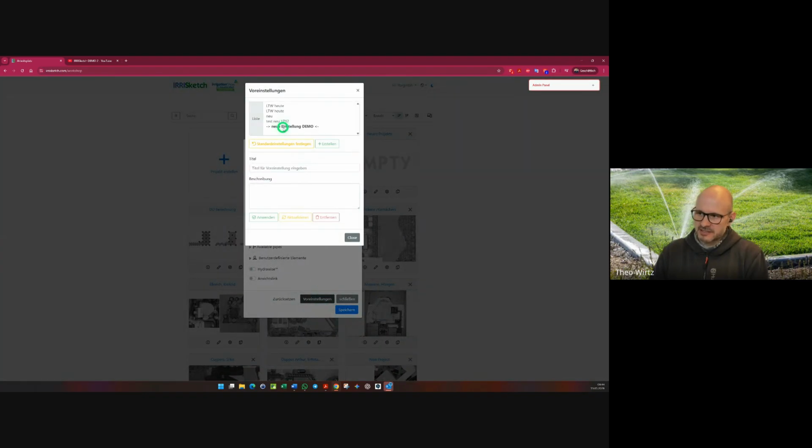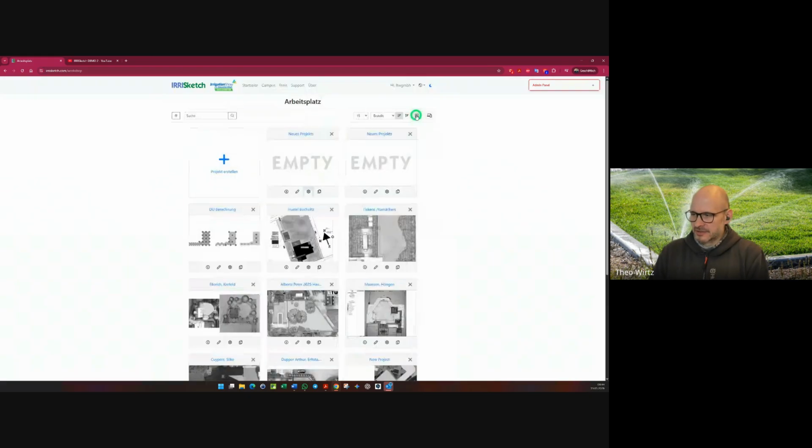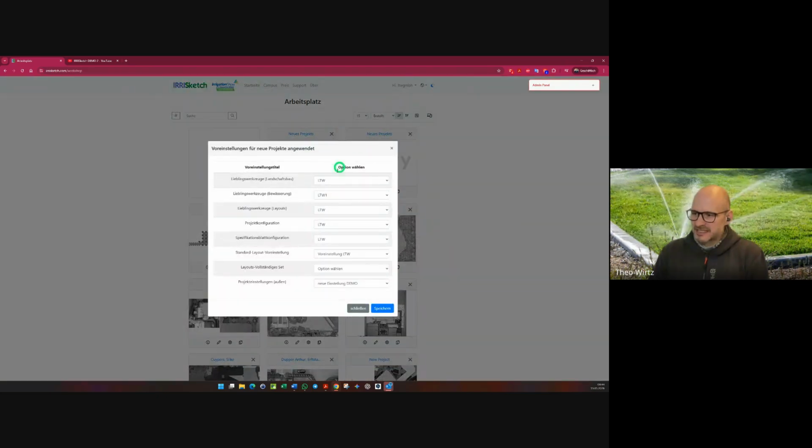You can see it there, the default setting is saved as well. And what you can of course also see here in this slider is that there are very many other presets. They're available for external project settings. That's what we were just in. Then we have various settings for layouts. In other words, we'll come back to how to set up the layouts in just a moment. We have settings for specification sheets. So for the requirements list at the back,